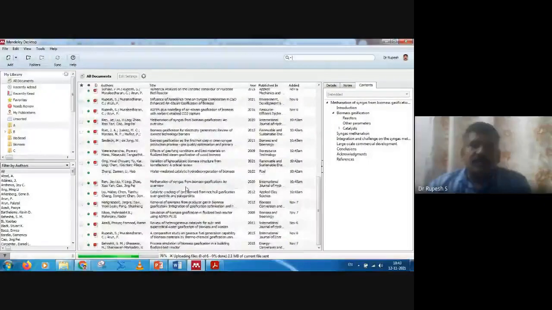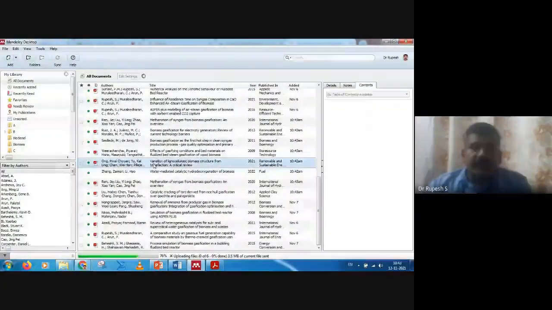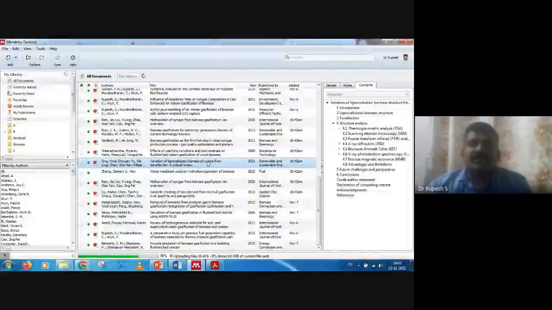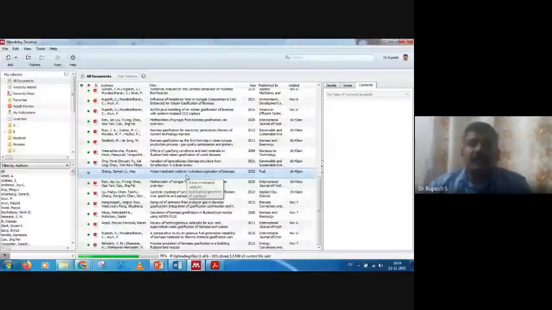Okay, see here, "Variation of lignocellulosic biomass structure from torrefaction: a critical review." That journal article has come with the PDF. This sign shows that the PDF is also there. Whereas we have seen that for the water-mediated catalytic literature, there is no PDF. So only the metadata corresponding to that particular article has been downloaded